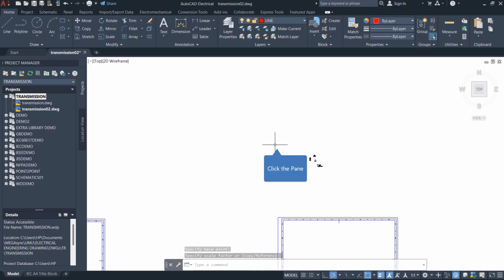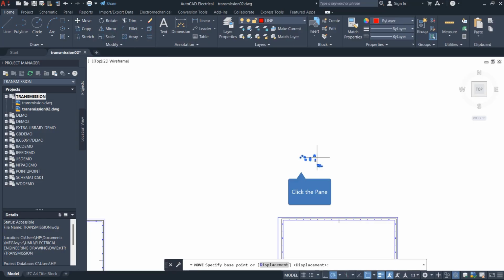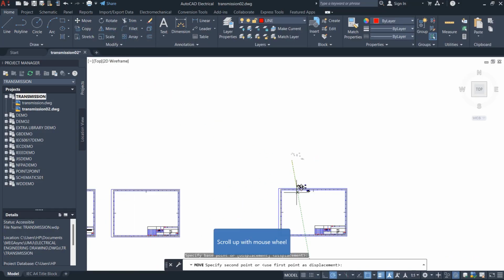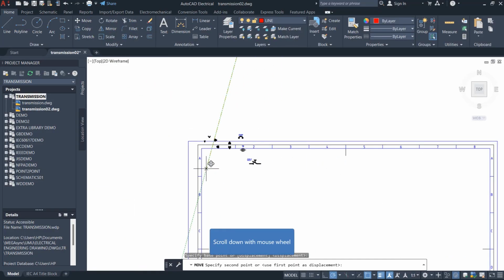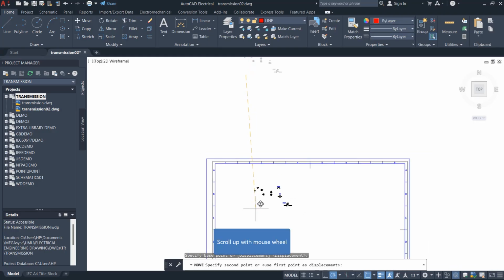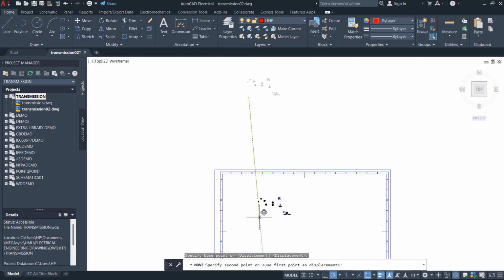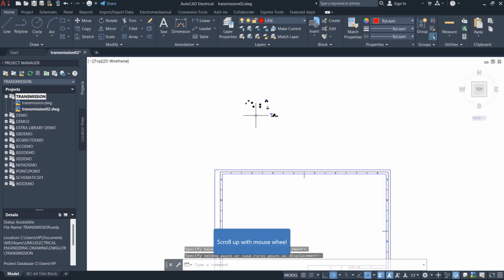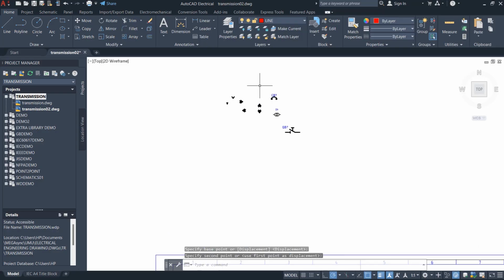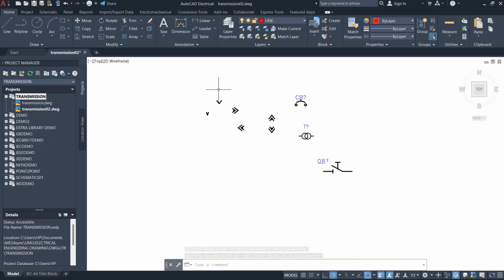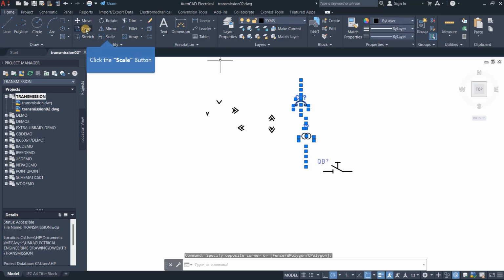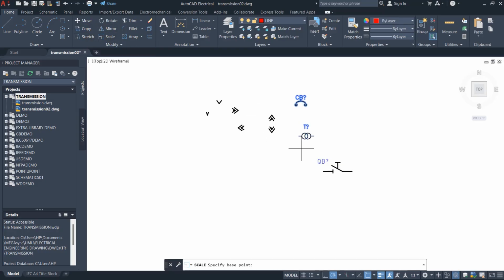And so I'll bring them closer to my template to see if they are the right size I want. In comparison, okay. Just put them back there, and I'm going to make these a little bit bigger. The circuit breakers should be a little bit bigger, so again I'll select and scale them up. Okay,